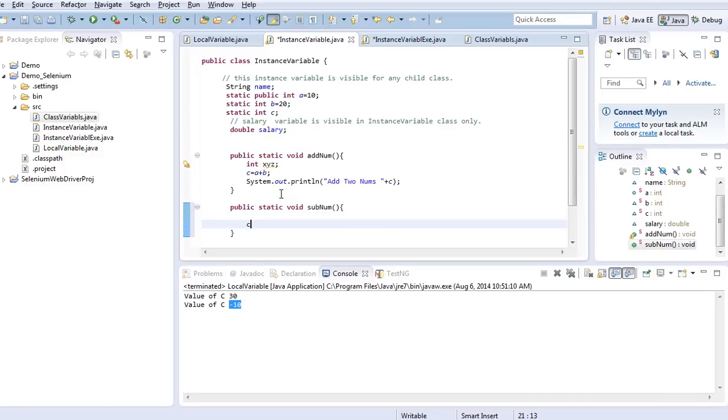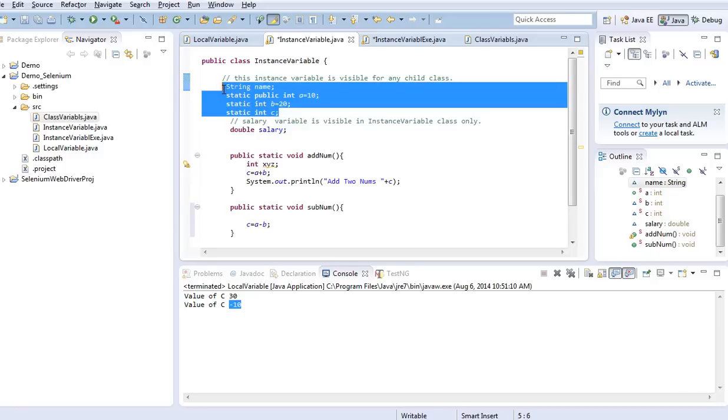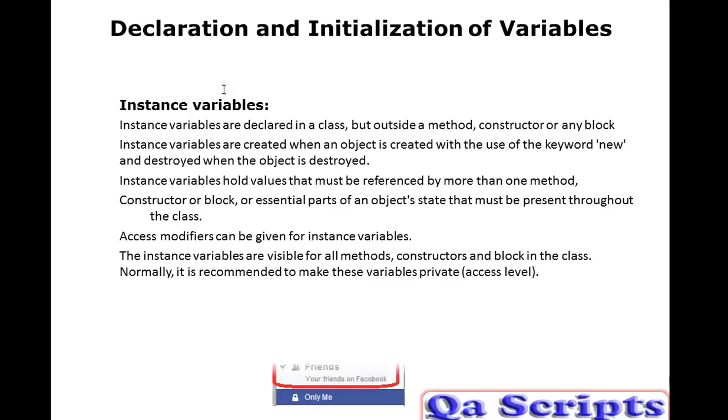So I will say c equals a minus b. So no errors at all. In the sense, instance variables can be declared across the class. You can declare n number of methods, and inside the methods you can use them again and again because those variables are defined outside the method. This is what we call an instance variable.